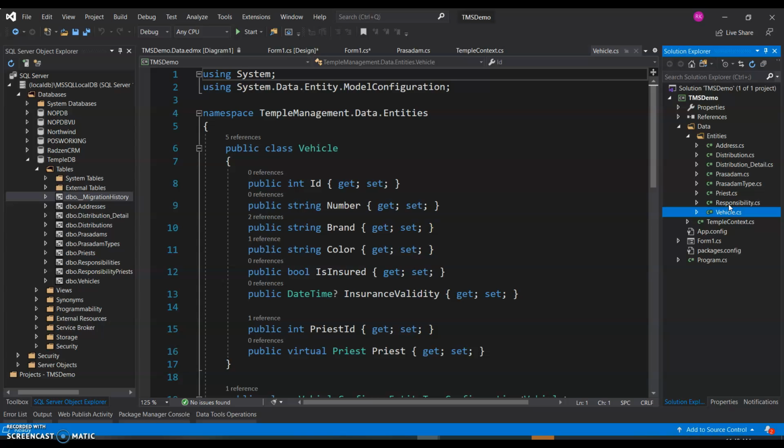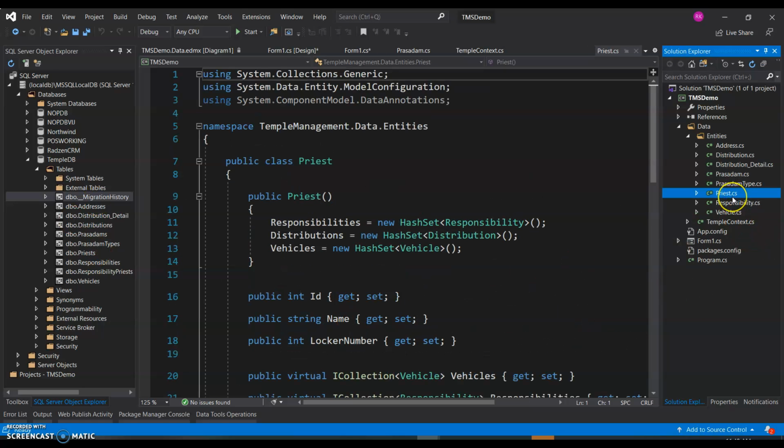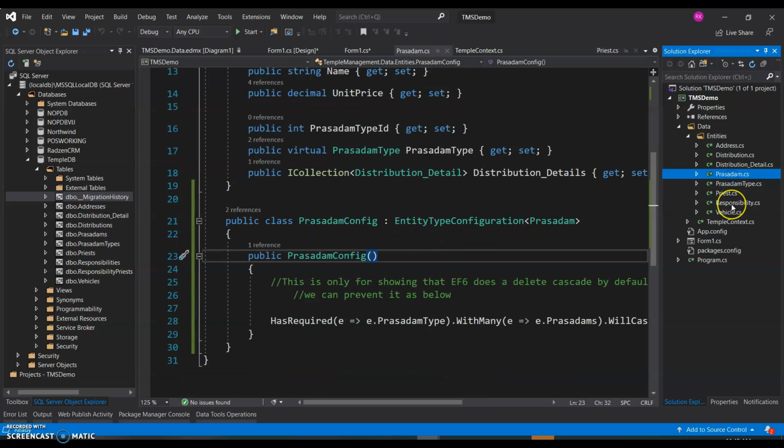So when that happens, you don't have to remember all the changes you have done and create a separate script for it and execute it on the database. We are not treating the application and the database as separate. Your database is just a part of your application. This is a big paradigm shift in thinking in code first. Your application is the main thing, and your database is simply there as a support to your models.